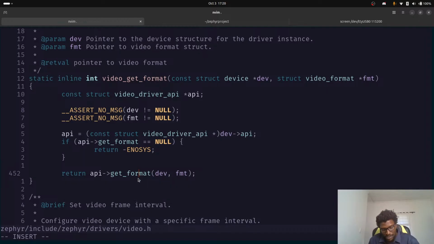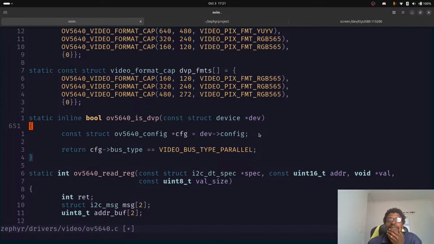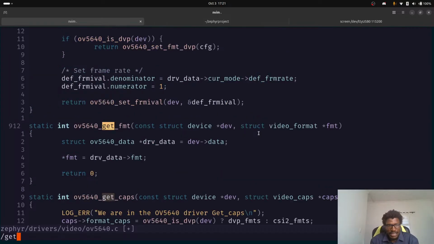So we need to be in OV and actually working with get format, because it is get format that we need to fix. Cool. This is okay. This is fine. I'm thinking now. So now we need to be in here, and then we need to get format. This is fine. So in here,